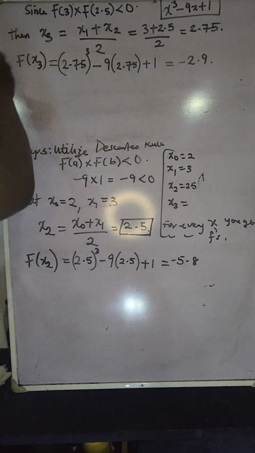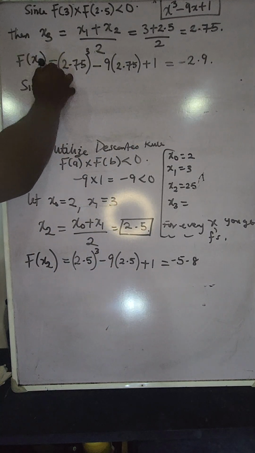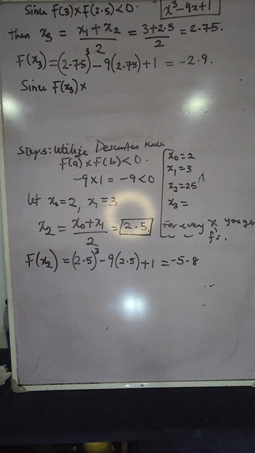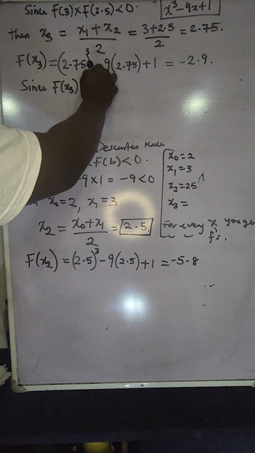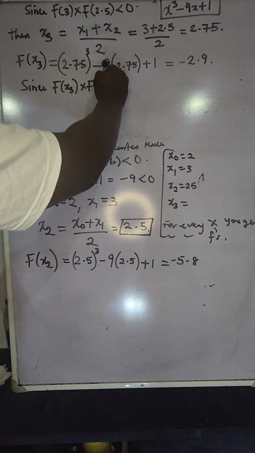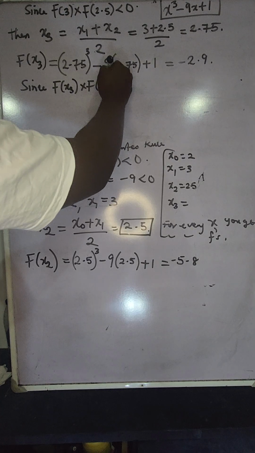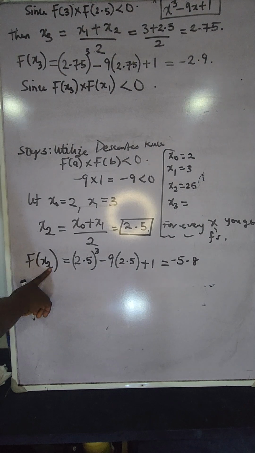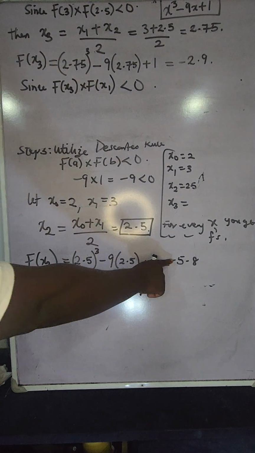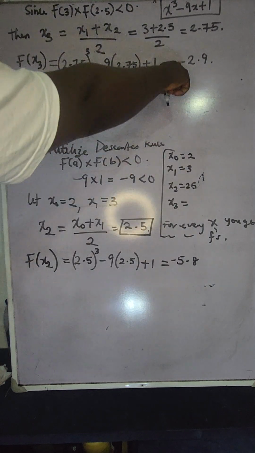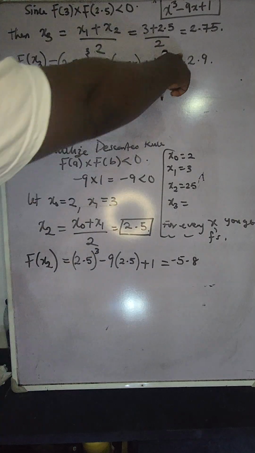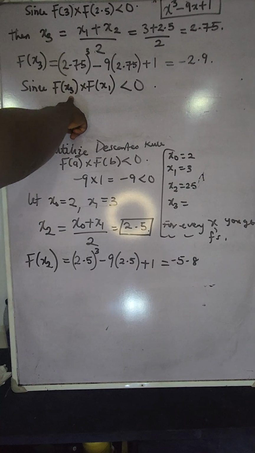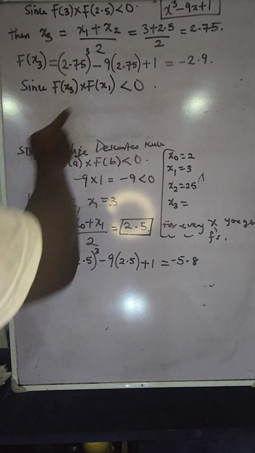So we now say that since f of x3 when multiplied by f of x1 is less than 0. Why did I not use x2 here? I didn't use x2 because this person is a negative, and so negative cannot work with negative. We need one negative and one positive. Is that clear? So since f of x3 when multiplied by f of x1 is less than 0, then we can now say that